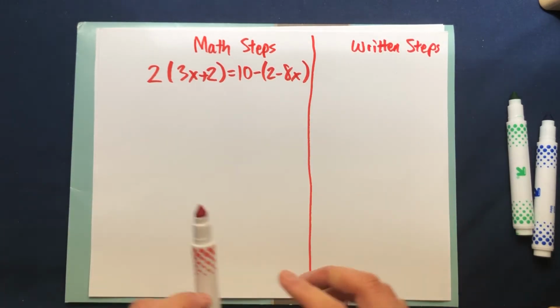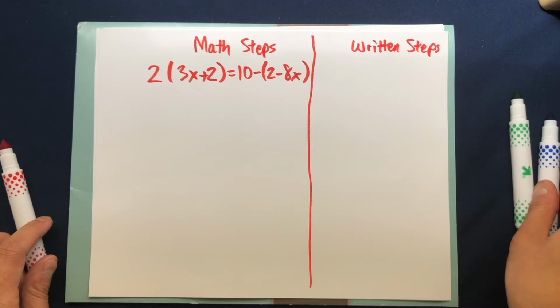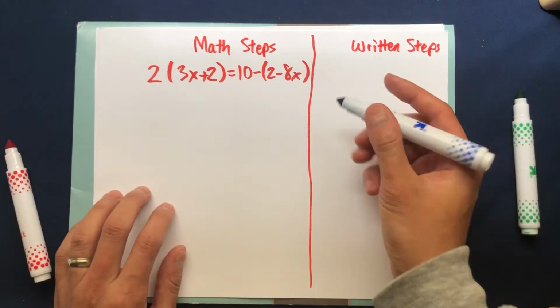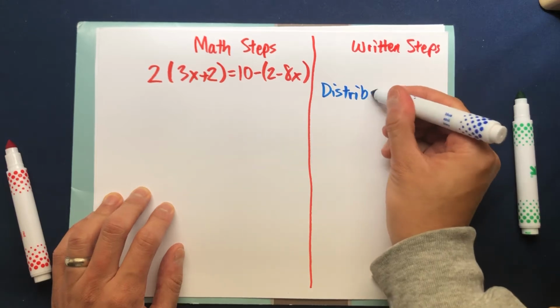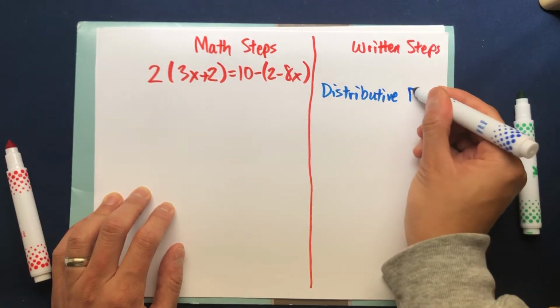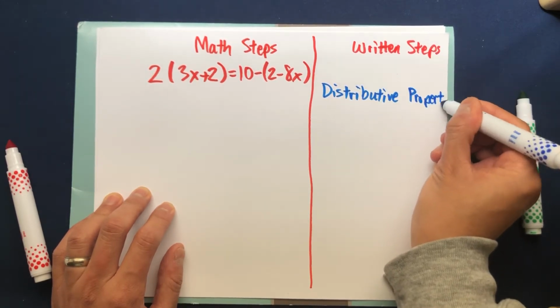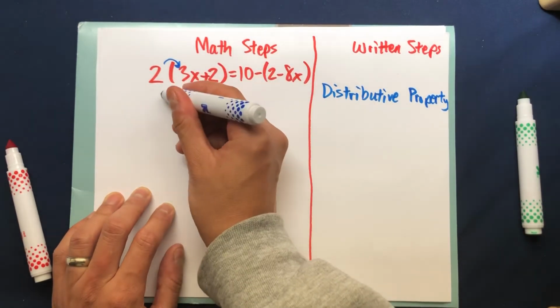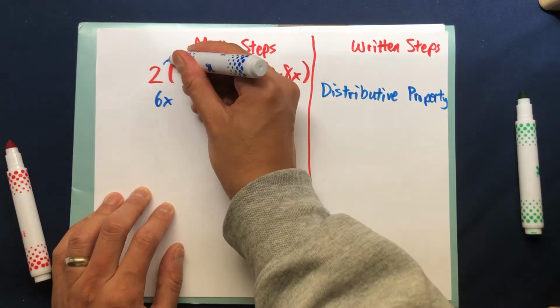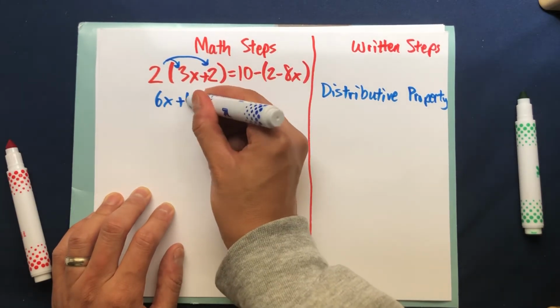So the first step we need to do is the distributive property. So when we do the distributive property, we do 2 times 3x, which is 6x, and 2 times 2, which is 4,